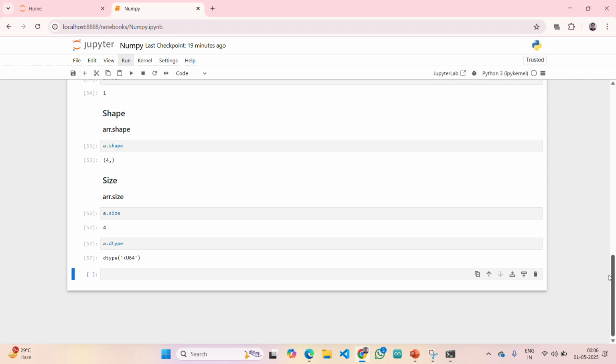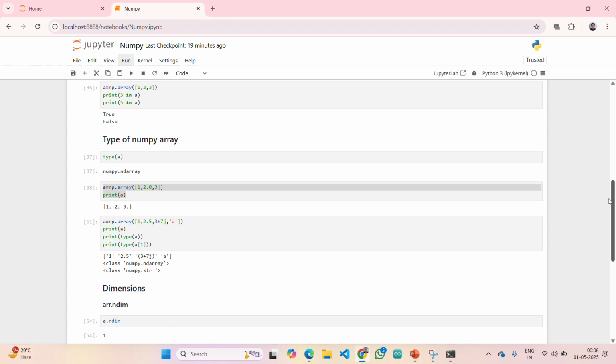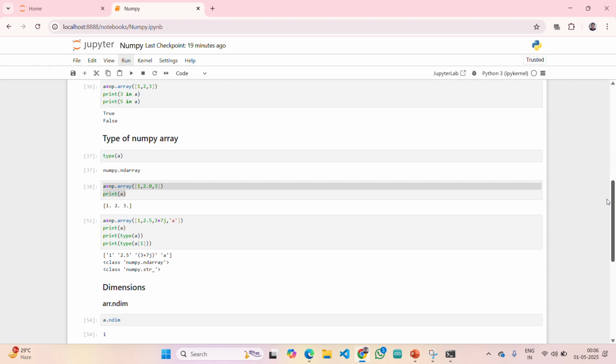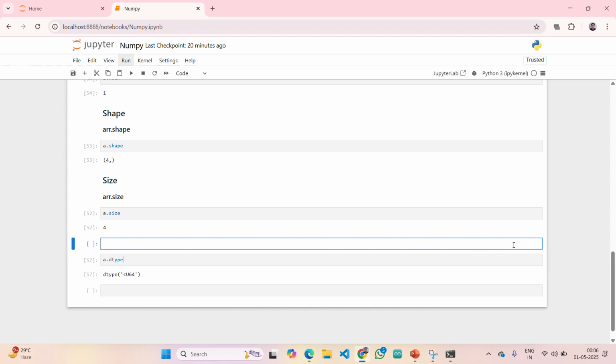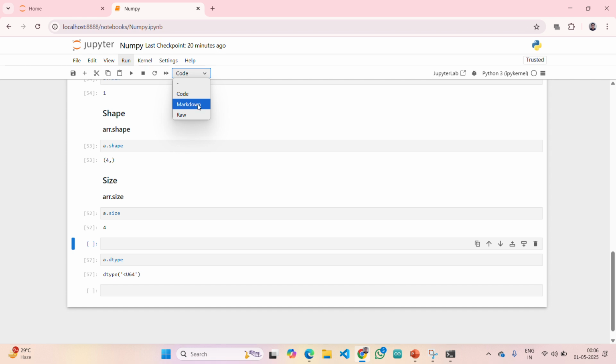So generally, while working in real time, we will mostly focus only on floating or integer values. But here, to make you understand easily, I have considered these different kinds of things. Don't get tensed by seeing these new data types and all. Yes, let me keep it as